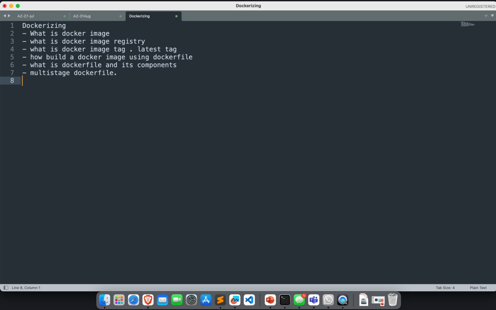First, we'll try to understand what is a Docker image. In a previous video, while I was explaining what is a Docker container, I said that a container is an uncompressed form of a Docker image. What does it mean? Essentially, a Docker image is an archive form of the environment. So we can say that a Docker image